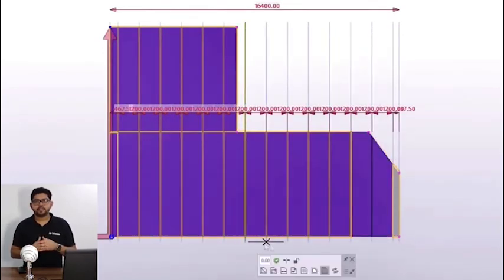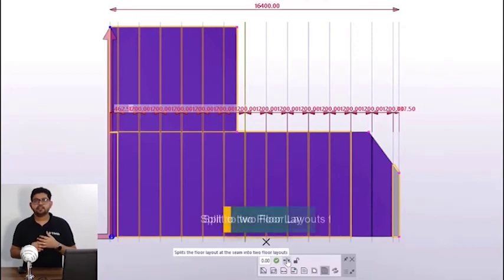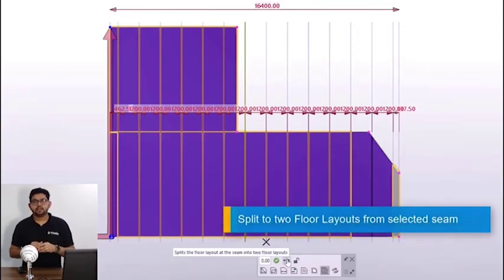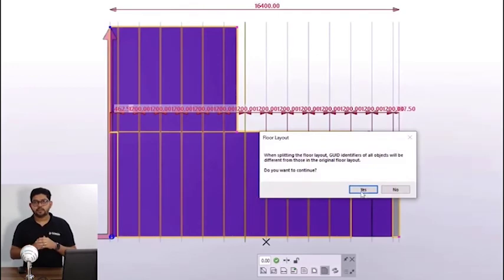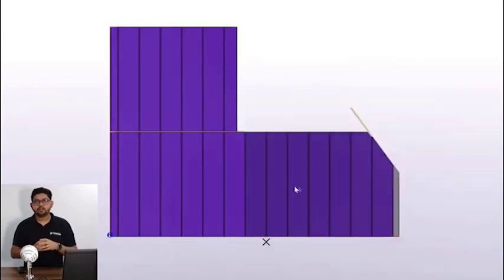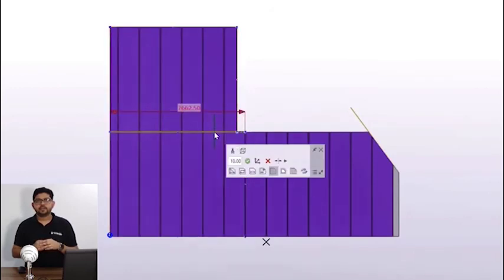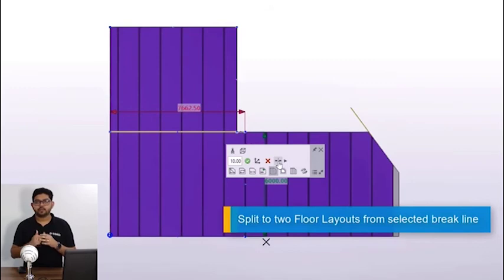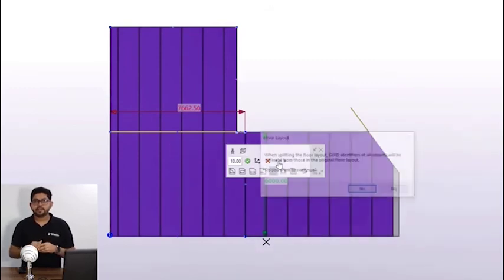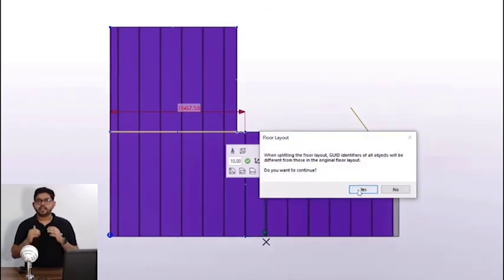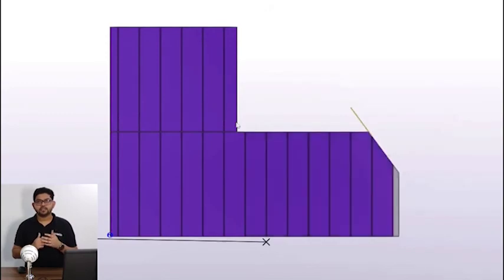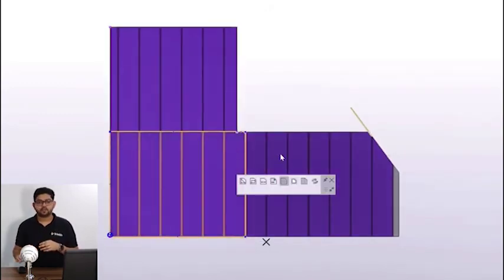Now you can select one seam and then click on split, so that it will be split into two separate components, as you can see here, one on the right and the other on the left. In the same way I can split it from the break line as well. Select the break line and click on split. Two separate components will be formed. And whenever you split, new globally unique identifiers are assigned to these objects, so please take care of that.